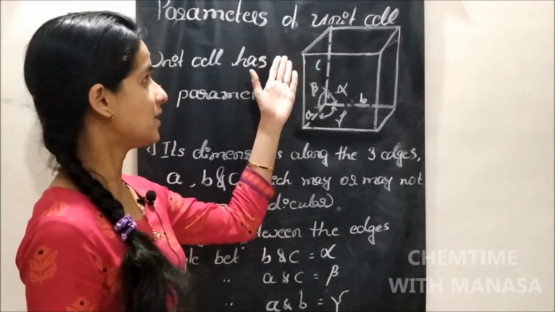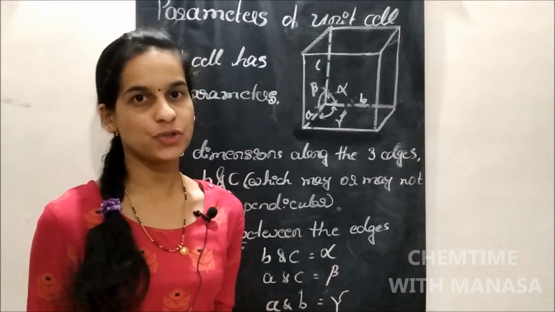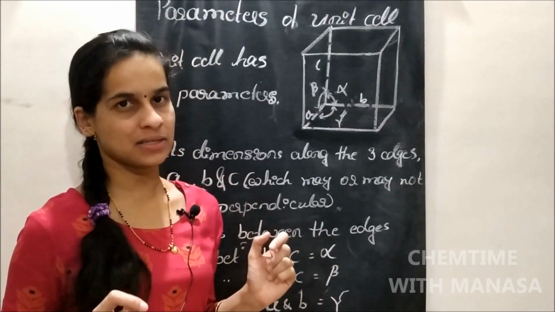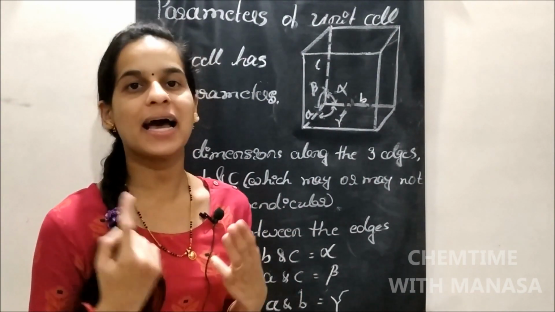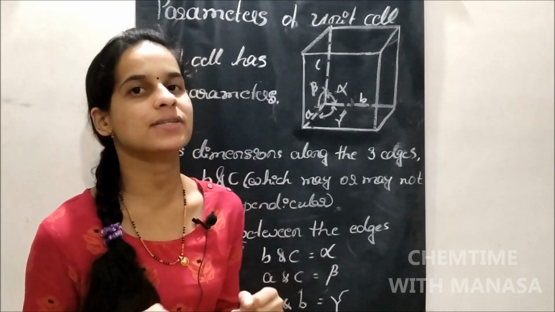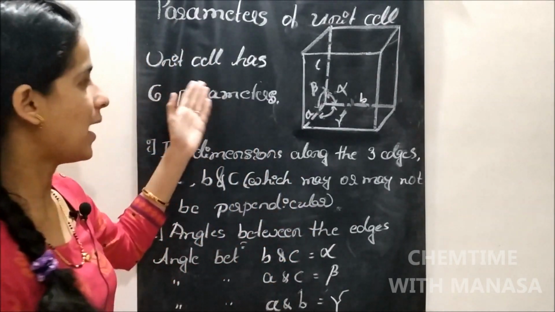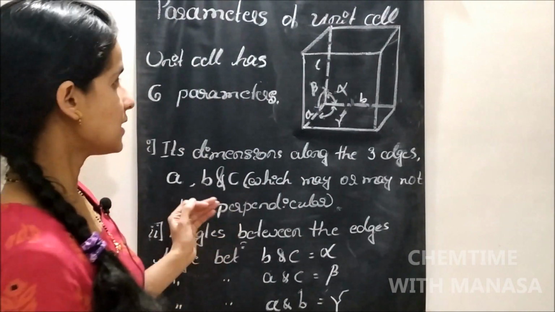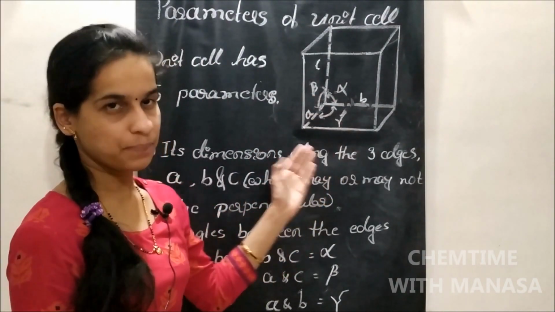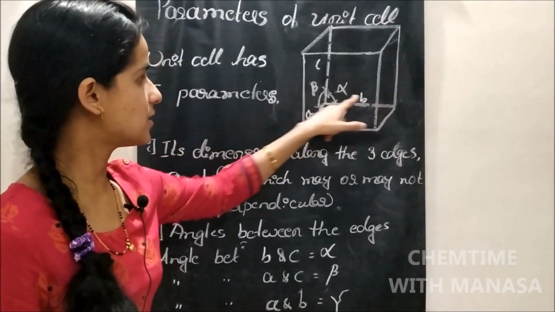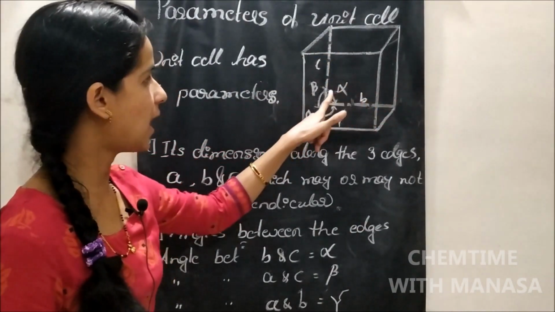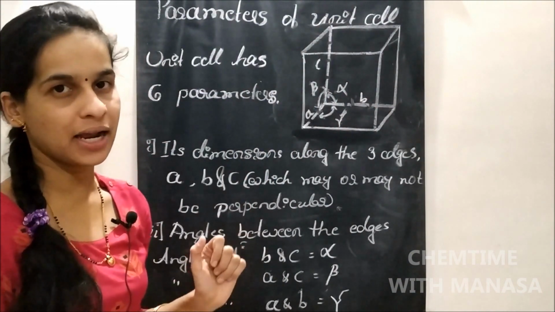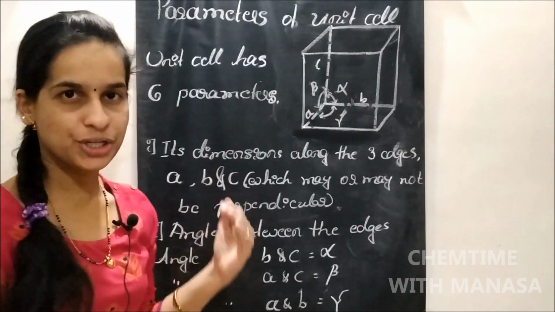Next, parameters of unit cell. Each unit cell has 6 parameters. Actually, parameters are nothing but 3 edges and 3 angles between the edges of the unit cell. So let us consider a typical unit cell. Here, the dimensions along the 3 edges A, B and C are 3 parameters of unit cell, which may or may not be perpendicular to each other,